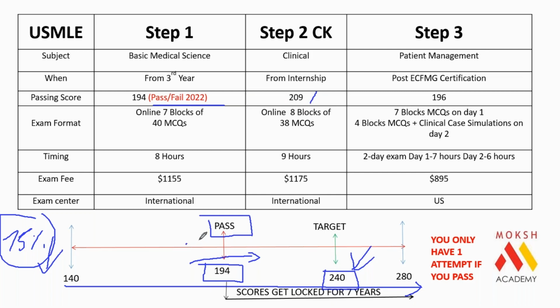Usually what we have seen, if 50 to 60% of your answers are right, that's when you pass. And if 85 to 90% of your answers are right, that's when you get your 240 marks. Again, it depends on a lot of factors. For example, one factor is, have you attempted each and every question? If you leave incomplete blocks, again your points go down. So there are a lot of factors involved, and when we do the study strategy session, we'll be discussing that